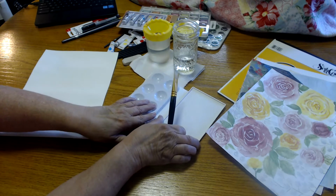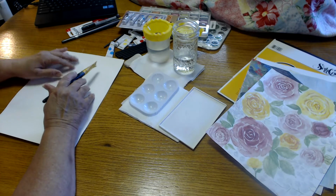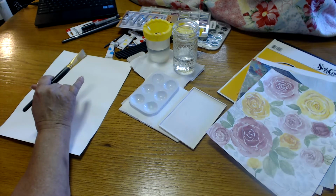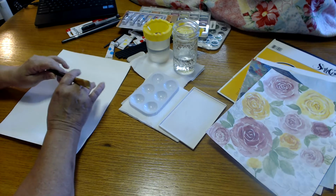3.5 by 2.5 card already done. And these paints work great for this. When I did my entry for Norma Lisa, that's what I did when I made her the series, the watercolor series